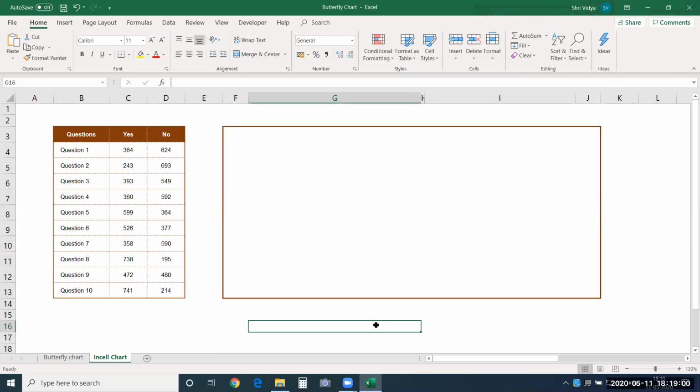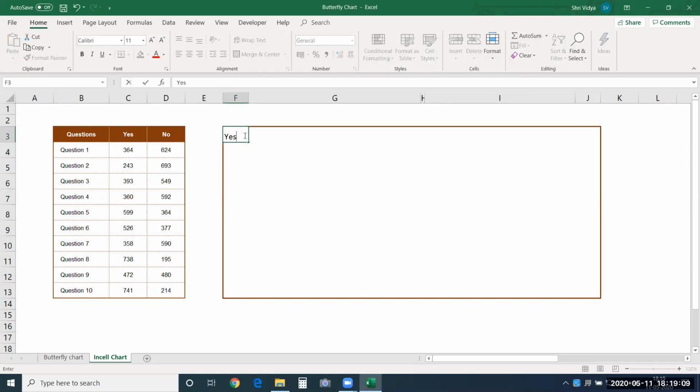Now within this, I would like to show the values. I'll just take yes values over here. And on this side, I'll give no. I'll just refer to those values directly from the table that we have.